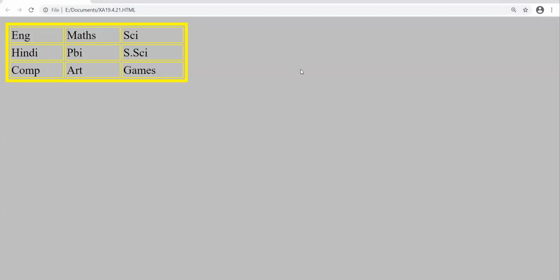Am I clear? If I say data is centrally aligned, it doesn't mean table is centrally aligned. If I say table is centrally aligned, it doesn't mean that data of the table is centrally aligned. Right now in this browser view, the data is left aligned, and left alignment is the default value of alignment of cells. Now let us see how to bring the data in the center of the cell.